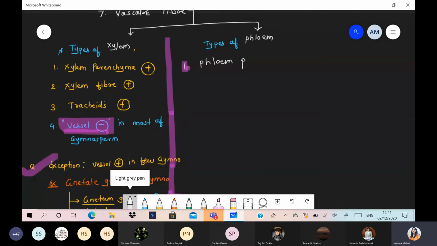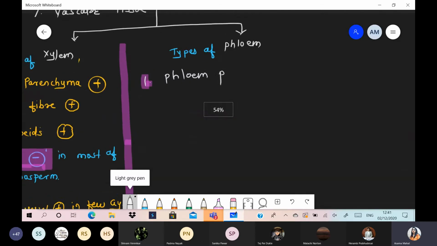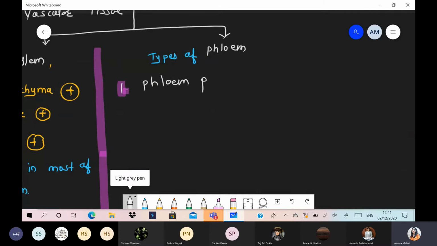So we are talking about the types of phloem for food conduction. If you are from the CBSE pattern, you know very well these are the types of xylem and phloem, because a single xylem or single phloem cell does not conduct water and food. There is a group of cells that collectively work, and then water and food are conducted from one place to another. First of all we are talking about phloem parenchyma. Parenchyma means living tissue, so definitely in the gymnosperm, phloem parenchyma is present.